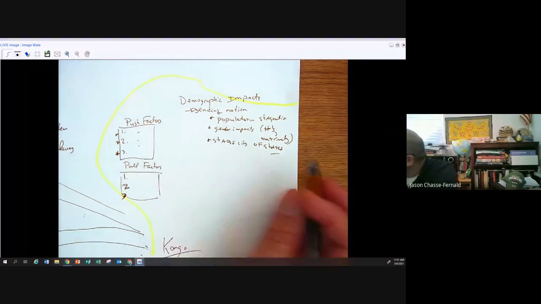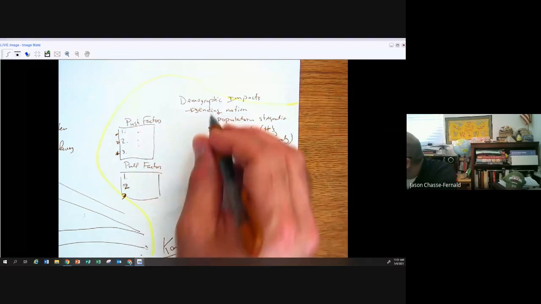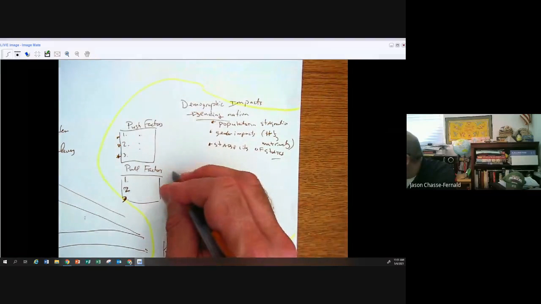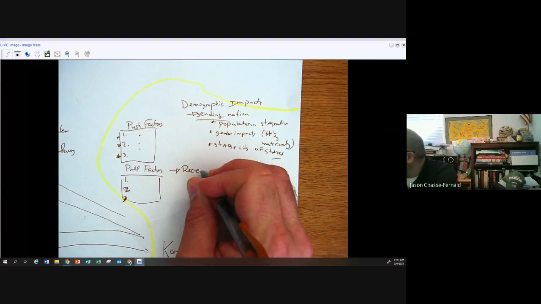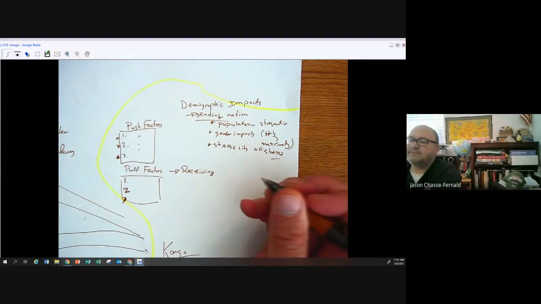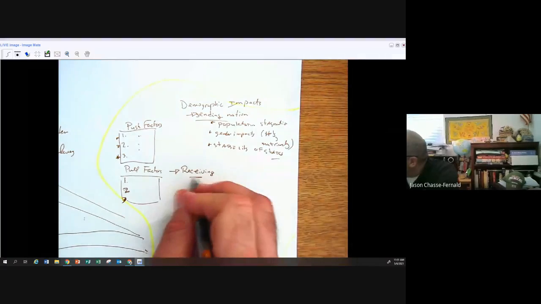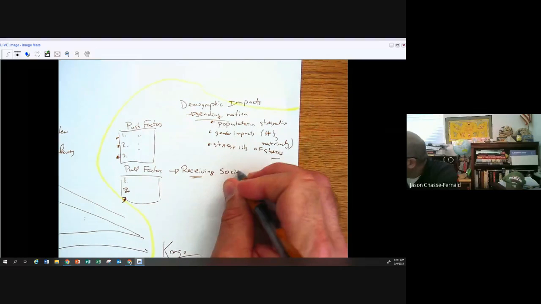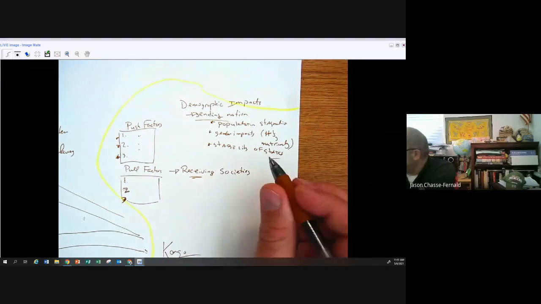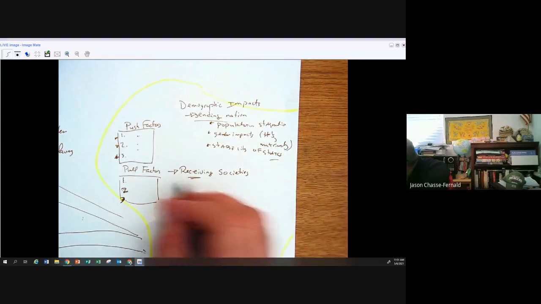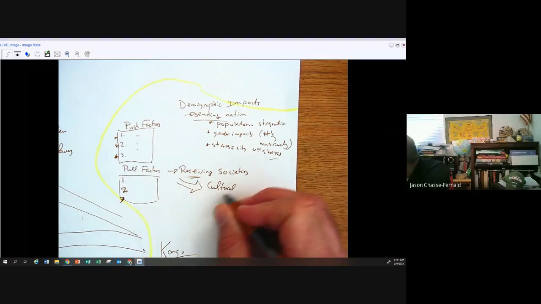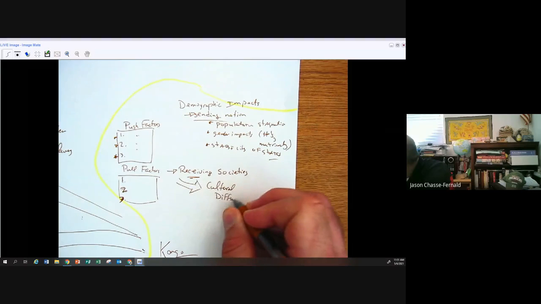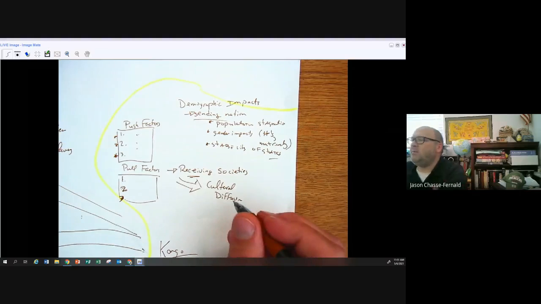All right. So you could do that, or you could focus in on receiving nations, or receiving nations, probably not the right word, but receiving societies. Look at the impact on receiving societies. So you kind of run this out. Maybe you want to focus on things like cultural diffusion. What's one way you can look at that? You might want to look at things like